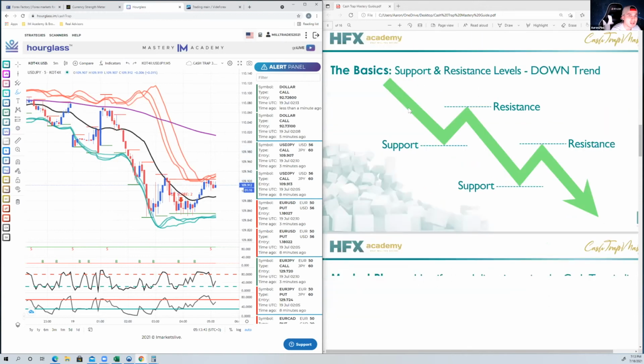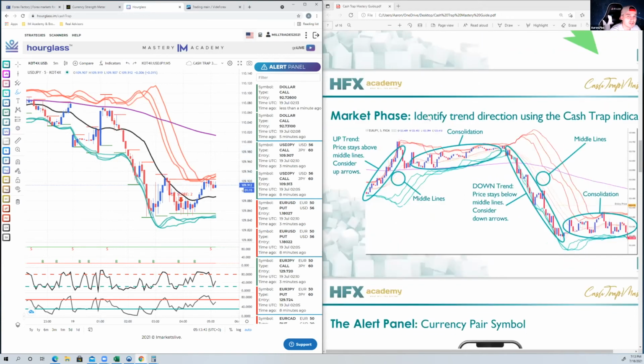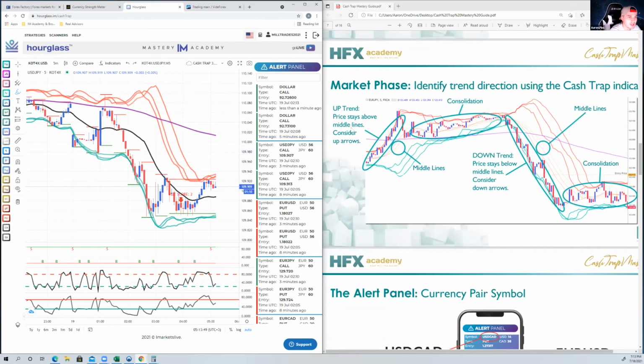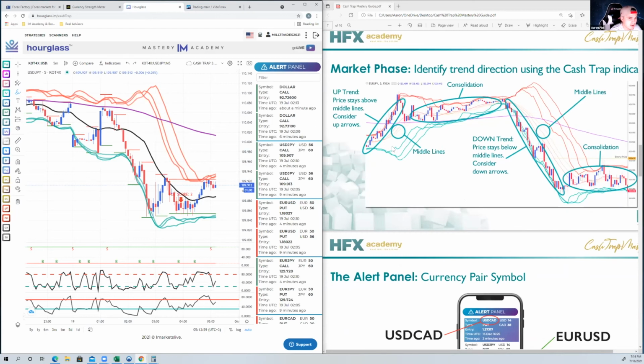Now, market phase, okay? Identifying trend direction using the cash trap indicators. In an uptrend, price stays above the middle line, which is considered up arrows, okay? So these middle lines, what are you talking about, middle lines, Aaron? Well, on this cash trap PDF, we used to have 3 medium lines. Now there's just 1 medium line you guys need to pay attention to, okay? Right in this area, okay? Right in this area,